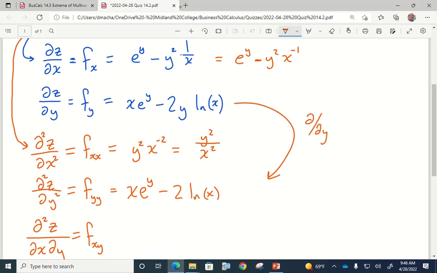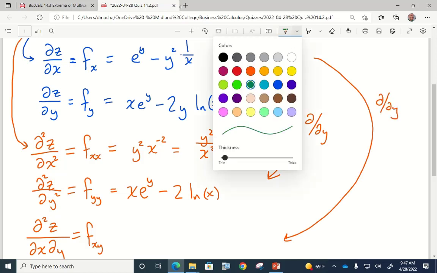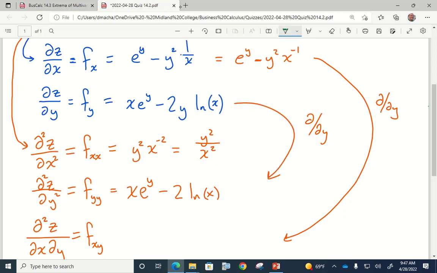So the last thing is the mixed partial. And that means I can start from my derivative with respect to x and then take another derivative with respect to y. Or I could start with my derivative with respect to y and then take a derivative with respect to x. Either way,